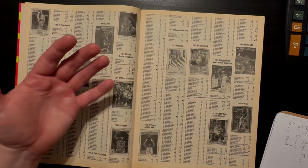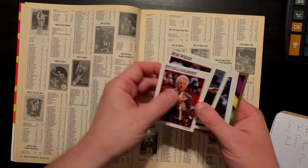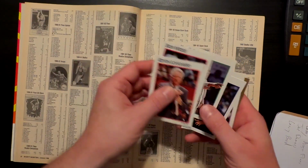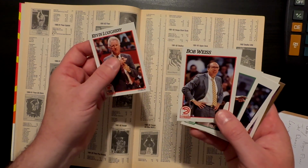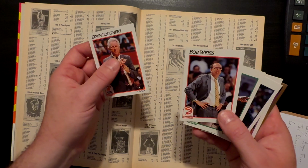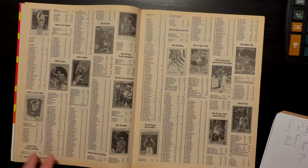Was a superstar coach, and now basketball cards are like, hey, what if everyone was a superstar coach? Huh? You want a Bob Weiss? Bob Weiss looks like he's about to assign you homework on Friday afternoon. Do you want the card? Yeah, that's a bad decision. I'm glad there's no more